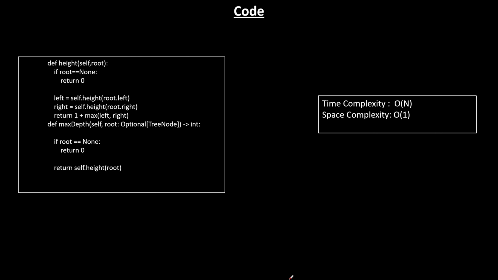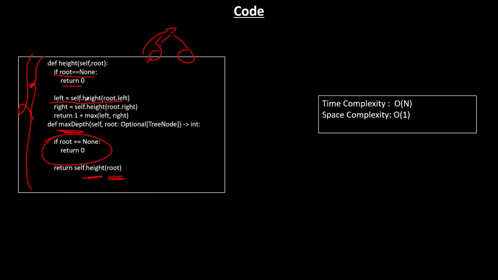The code is the exact copy of the approach discussed. Let's understand it line by line. So this is the given function to us. Fine. If root is none, we return 0, of course, as we discussed. Then we created a height function where we pass the root node. Fine. So here we are calculating the height. If the root is none, we return 0, of course. Then we go to the left node until and unless we encounter the left node to be null. If it is null, then we come back and go to the right one. Fine. And when both iterations are done,